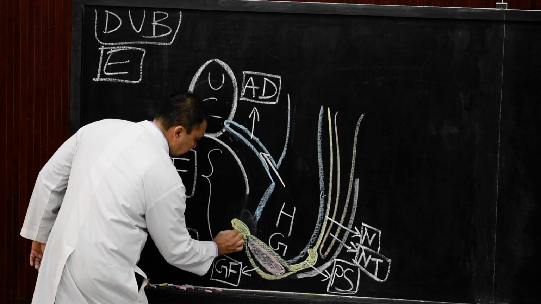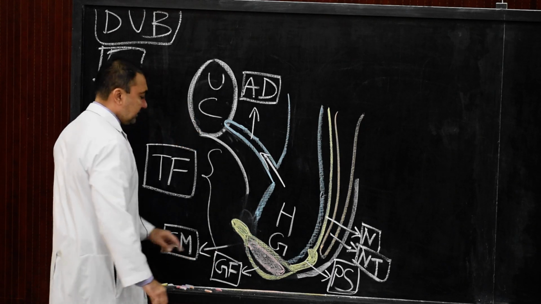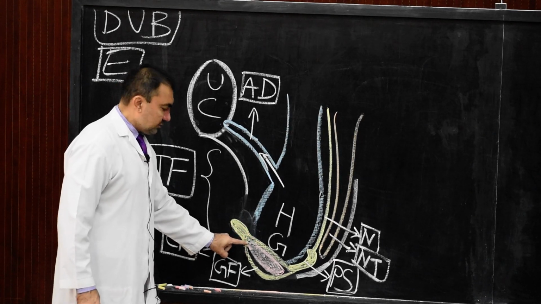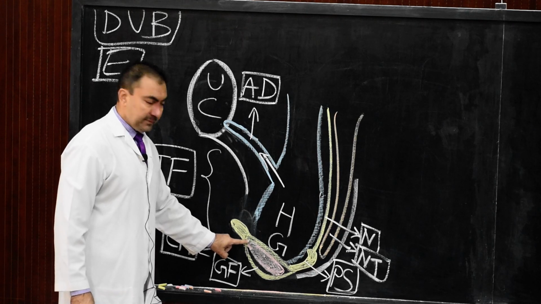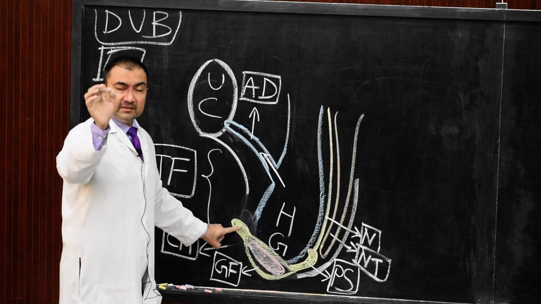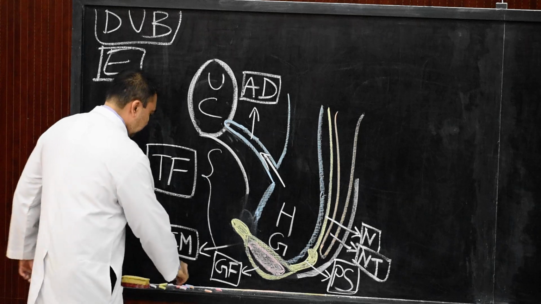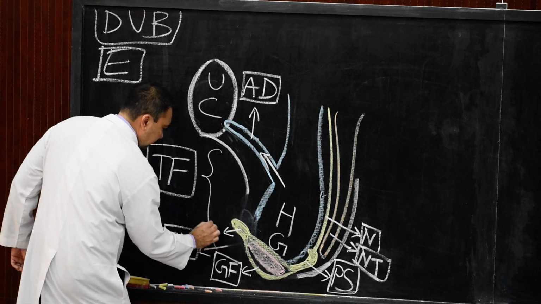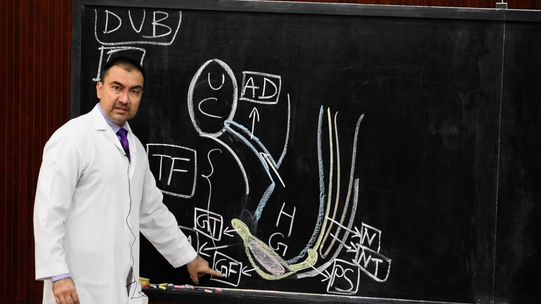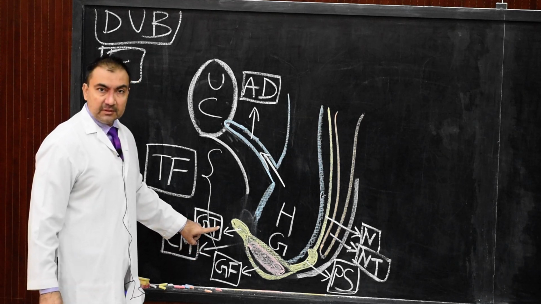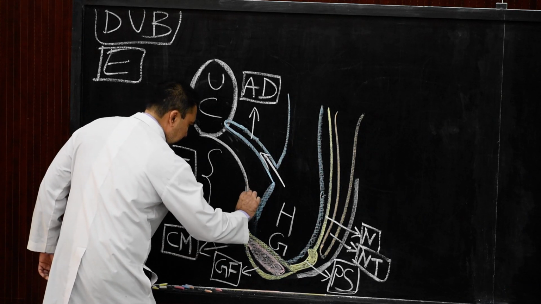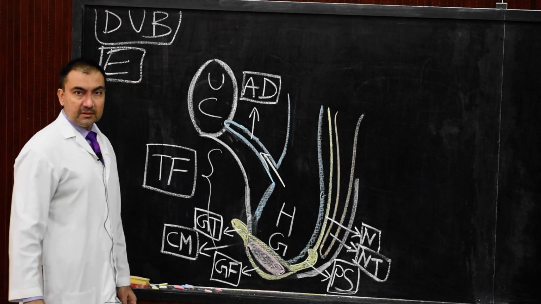So this will be the genital tubercle, and this genital tubercle is nothing but merging of the two genital folds ventral to the cloacal membrane. This is ventral to cloacal membrane. So it will form another structure which will be known as genital tubercle. So here we will name this structure as genital tubercle. So two structures have developed, genital fold, second is genital tubercle. And we will show the anterior abdominal wall over here, it will be continuous with genital tubercle.